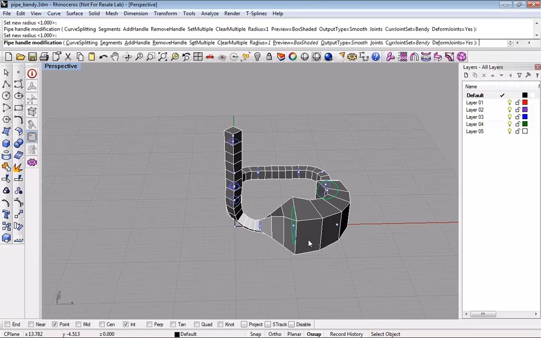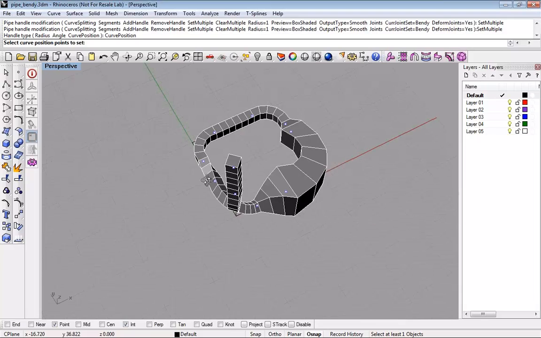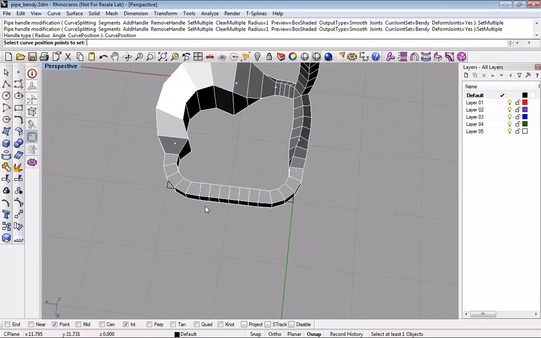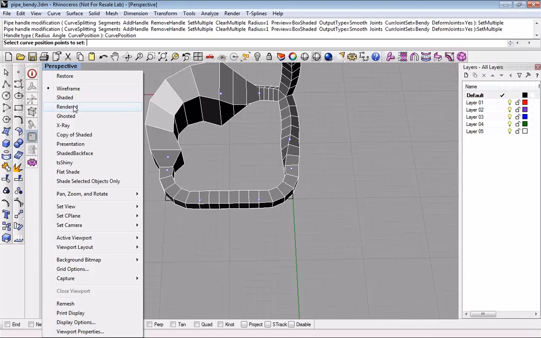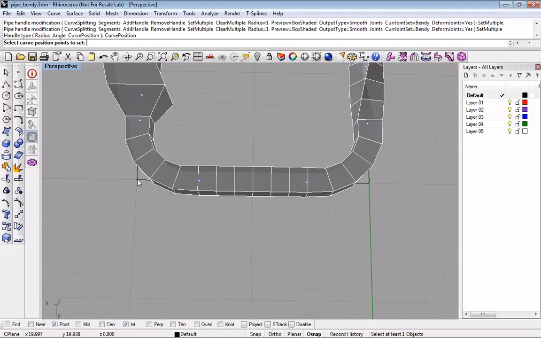Okay, so here's a question from Gwendolyn about set location on curve. Is it right that you can't set it right at 0.5? Yeah, I think right at 0.5, the location along the curve here, if we do set multiple and curve position, this curve position is basically how far along the curve it is. So 0 is here and 1 is here, and this guy, he's maybe about a quarter of the way along, so